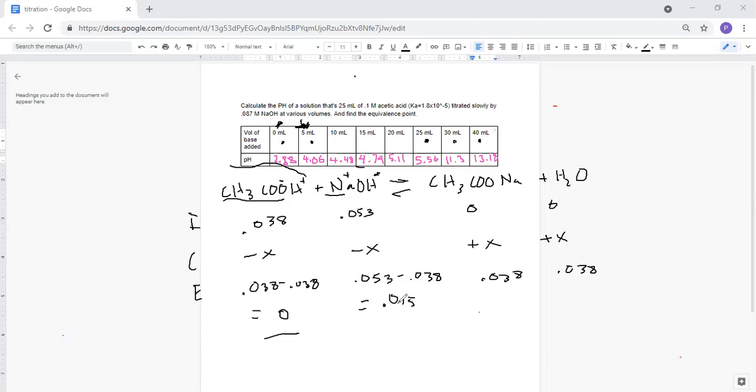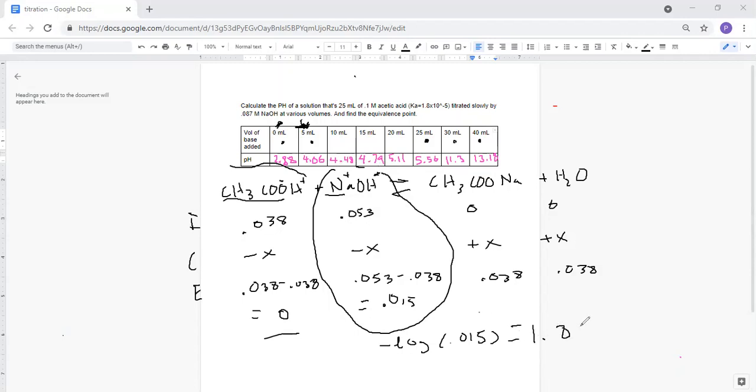The negative log of 0.015, and keep in mind that this is a base that we're taking the negative log of, so it's going to give us pOH. We get 1.82, and then to find pH, we're going to do 14 minus pOH, and 1.82 is our pOH. So what we get is 13.18. Oops, 13.18. I wanted to write that in pink. This is our pH